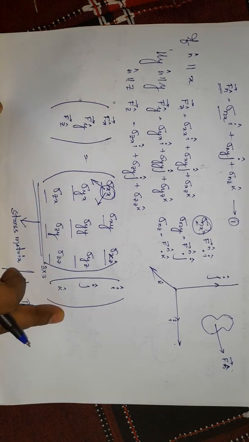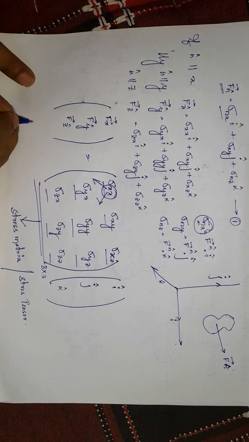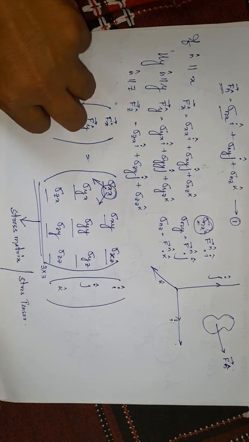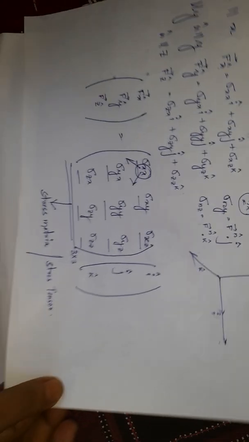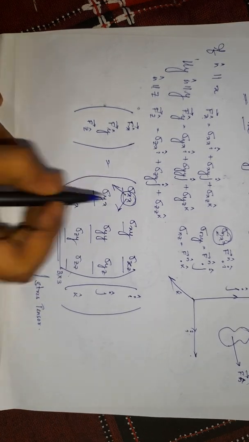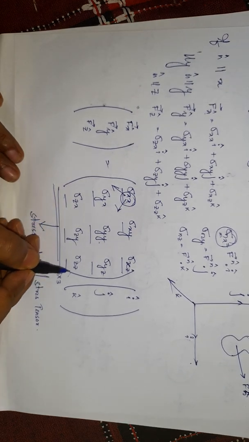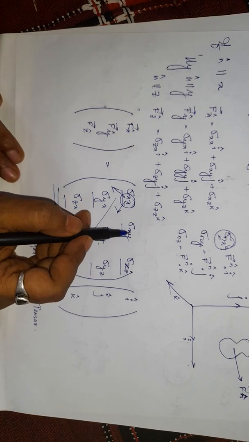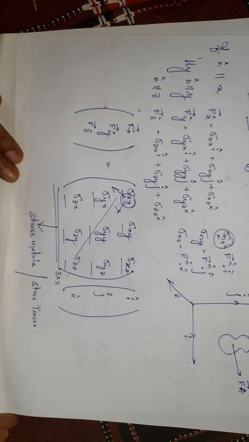And this particular relation, if we write your right hand side as the stress vector, is the relation between the stress vector and the stress tensor. Now we try to represent all those stresses in the form of a matrix. And one more thing, in this stress matrix, look at the diagonals: sigma xx, sigma yy, sigma zz. These are your normal stress components, and the off diagonals are your shear stress components.